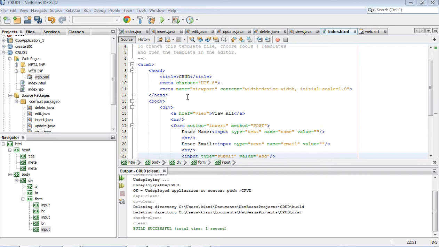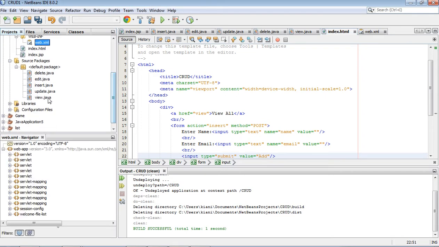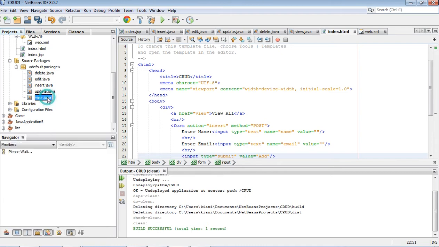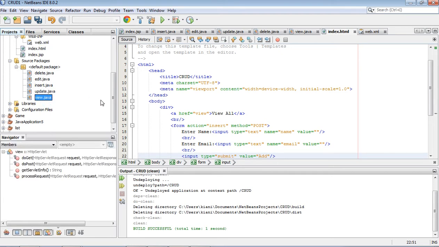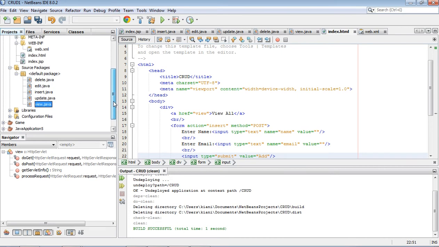Now we will open the view.java. We will see the database.